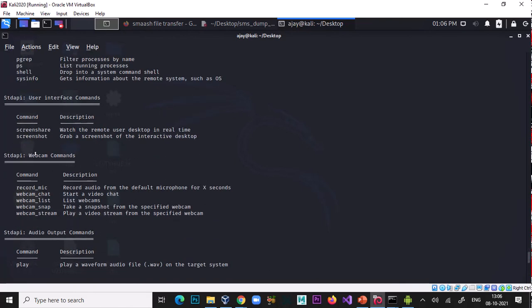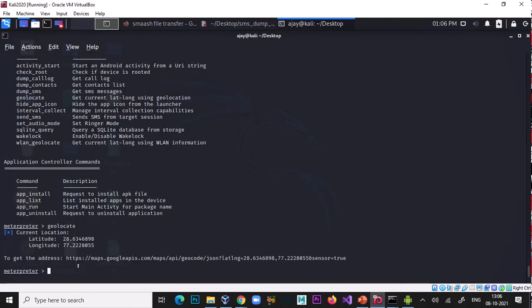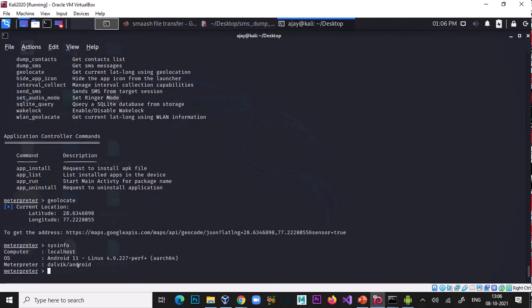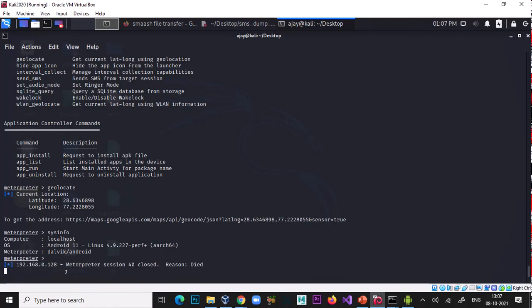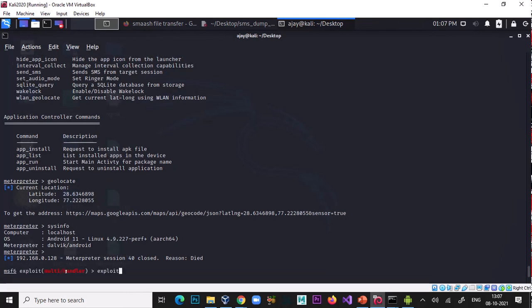And if you really want to know what this phone is, just type here sysinfo. So this is Android 11 version. Okay, so even Android 11 is an updated operating system, so it can also be compromised.